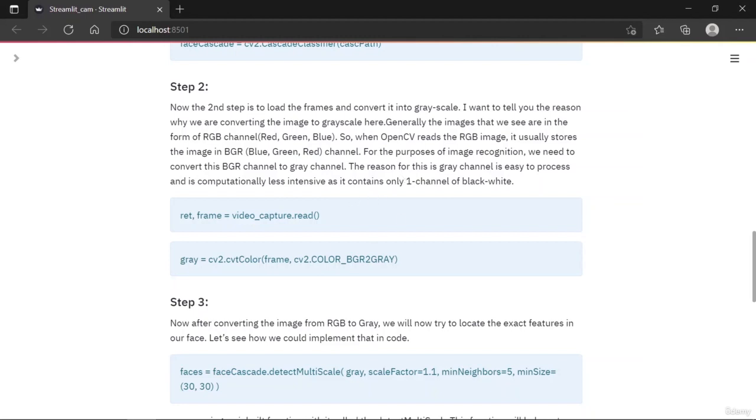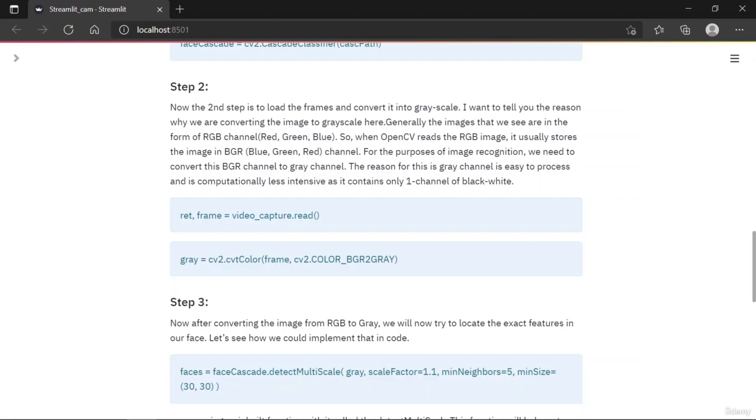The reason we are using the gray channel is that it is computationally less intensive, as it contains only one channel of black and white. With color, we would be working with blue, green, and red, three values for one pixel.